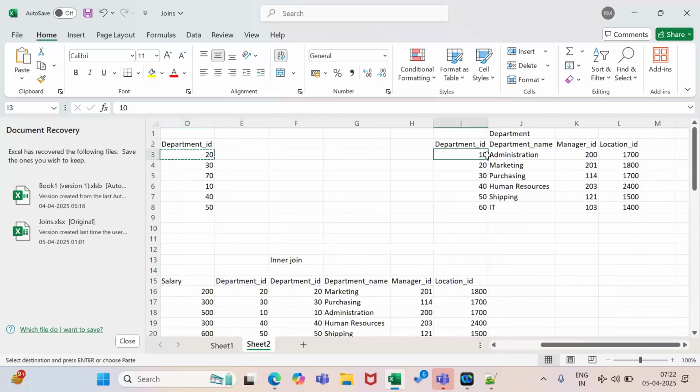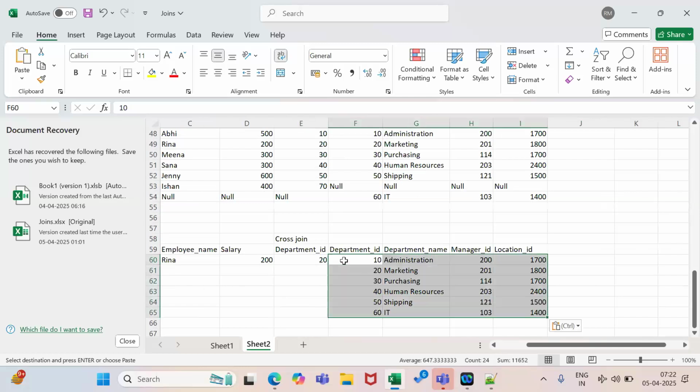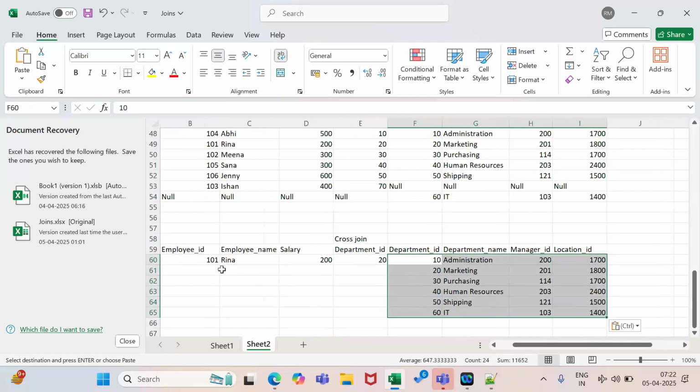We'll take all this data. Okay, so for one data we have this much, we can put all this, and this one on the left we are going to copy 6 times.